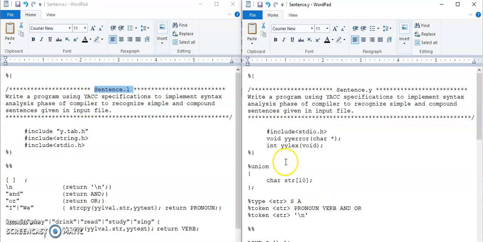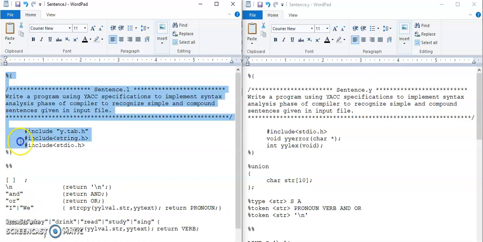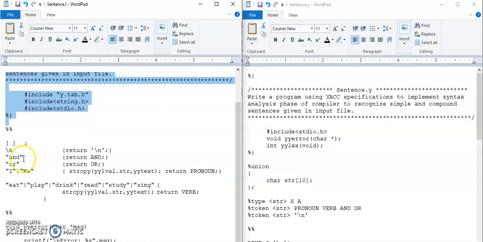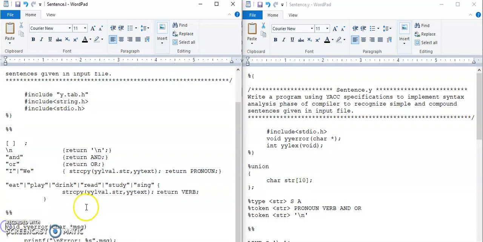As we have already seen a few Lex and Yacc programs, we know that the three sections of a Lex program are: first the declaration section, then the rules section, and then the third one is the routines section.